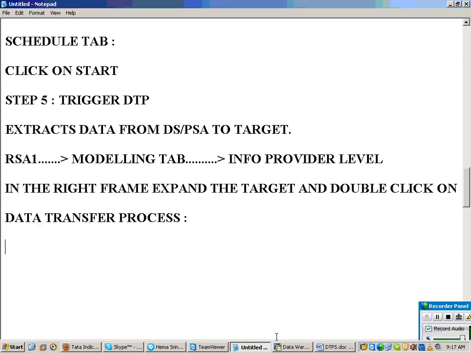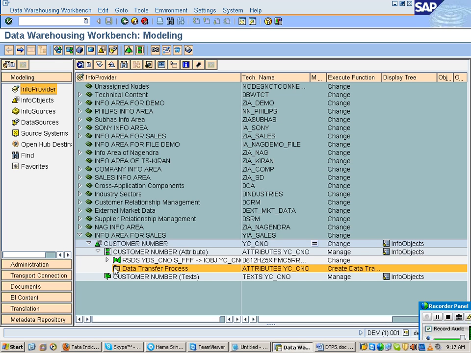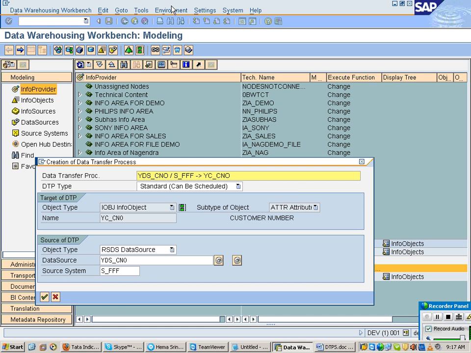Now what can you see? This is your DTP name: your data source name, hyphen, your info object name. And what is the DTP type?